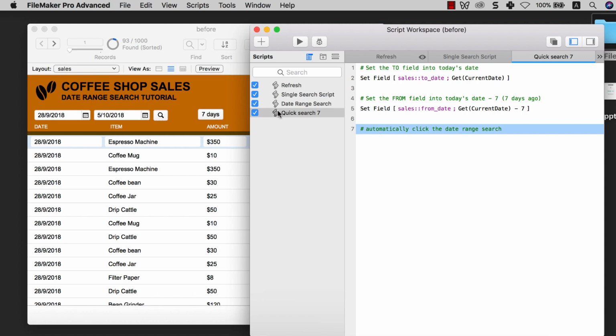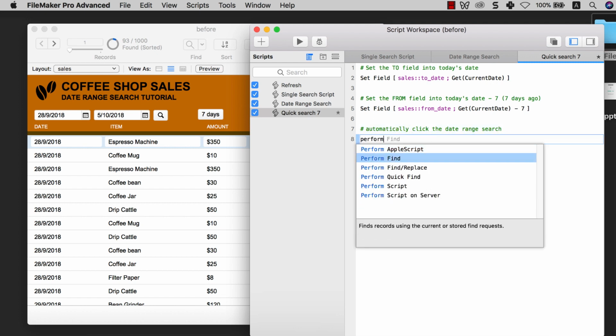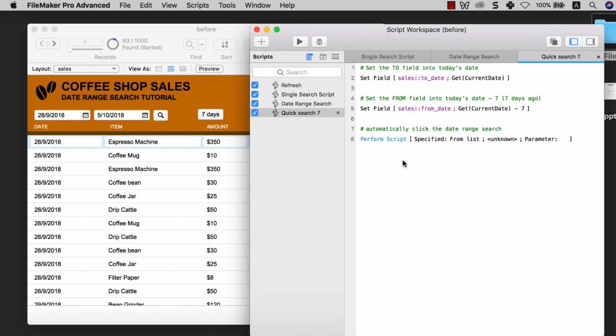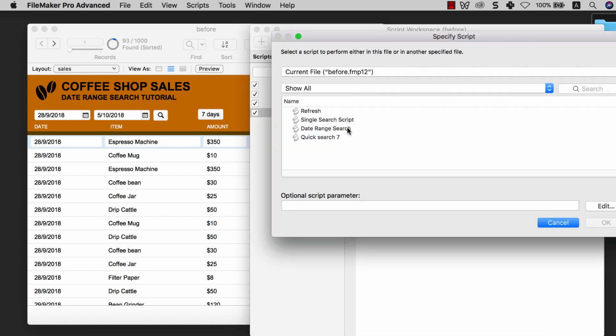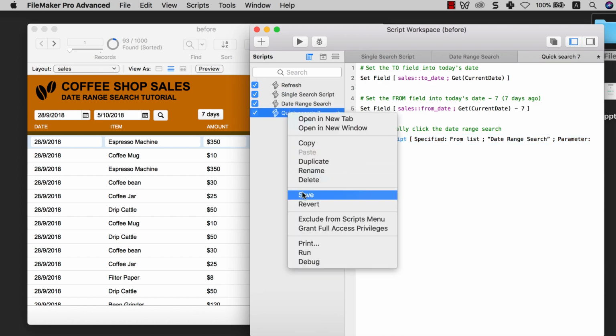So the next thing I want to do is that I want this script to also click this button for me, which is the date range search. So what we need to do next is to create something called perform script. So this is the script step that we are looking for. It's called perform script. Now what this script step does is that it allows you to perform other scripts. So this time I want to set the to date, set the from date, and then automatically click onto date range search. So I'm going to select here date range search, and I am going to right click, save this,